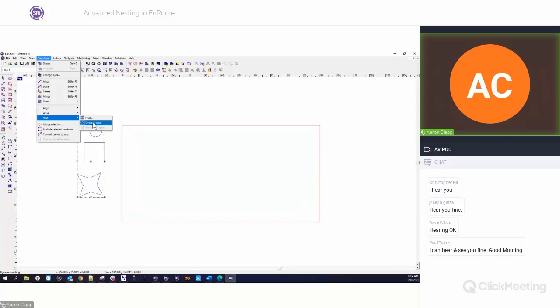The Dynamic Nest is the typical nest that you will see in some of your lower versions of EnRoute, like EnRoute Fab or Basic or something like that. So it's more of a manual nester. The one that we want, though, is the regular Nest. So when we click Nest,